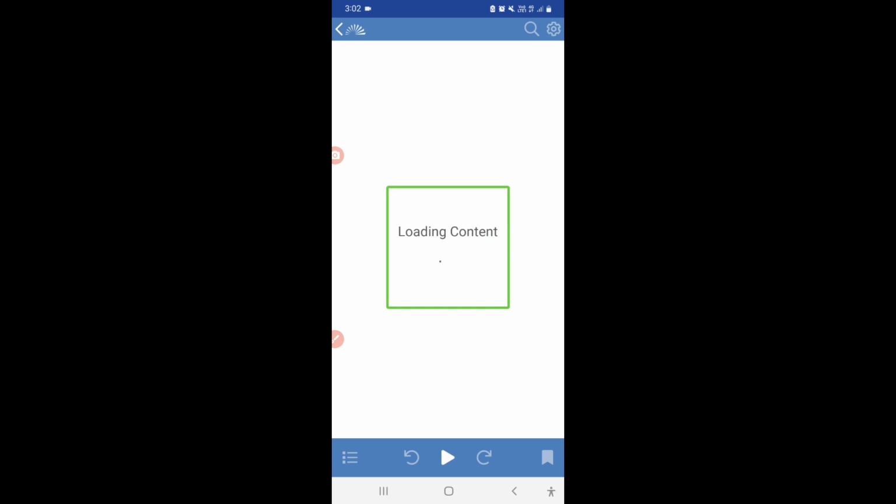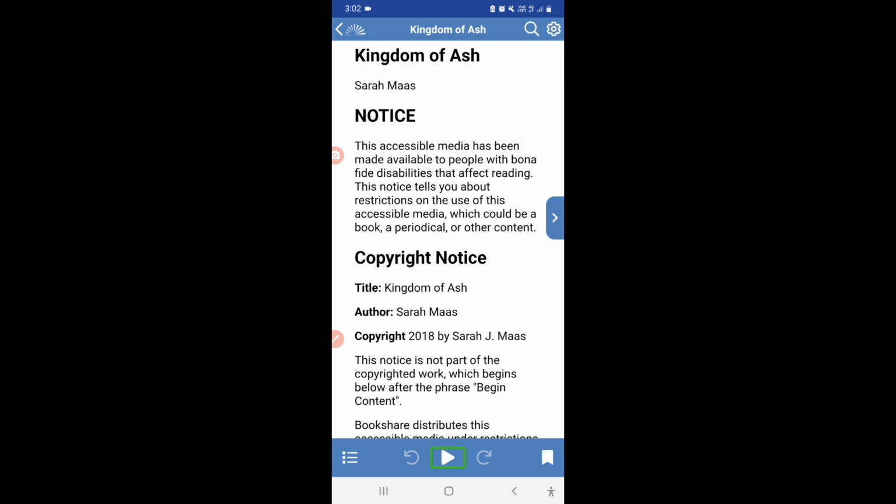If you want to just listen to the book, you can click on the play button to play the book. It will play the book in Google text to speech. If you have Google text to speech on your phone, switch to another TTS while you are using the Bookshare app and you want to read books, so that it does not interfere with TalkBack. So you can simply play this book.